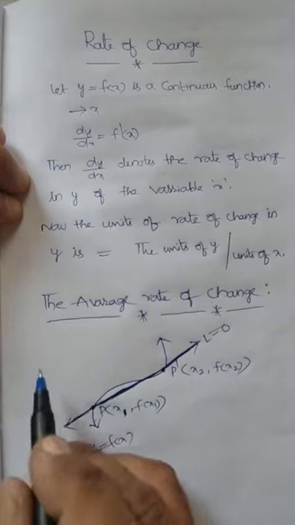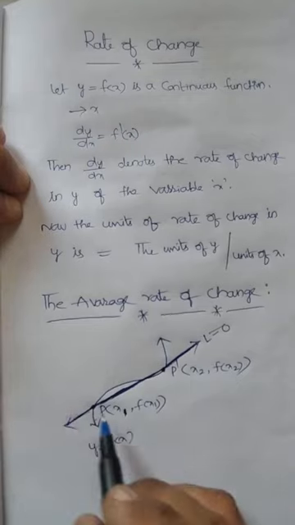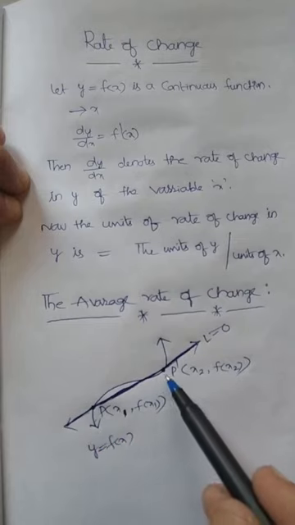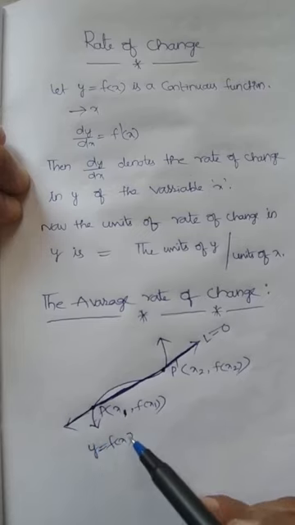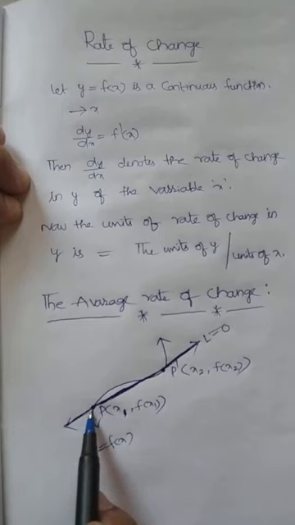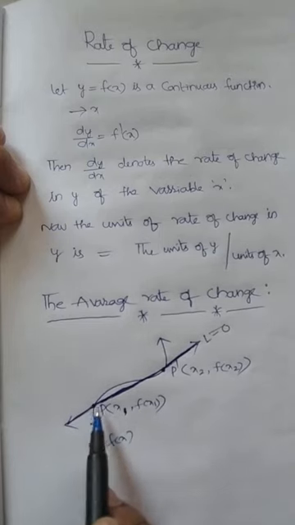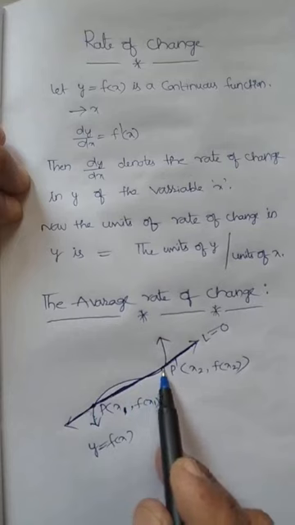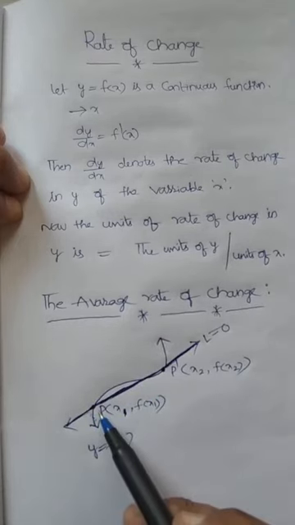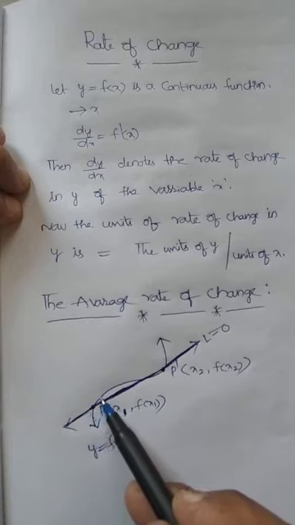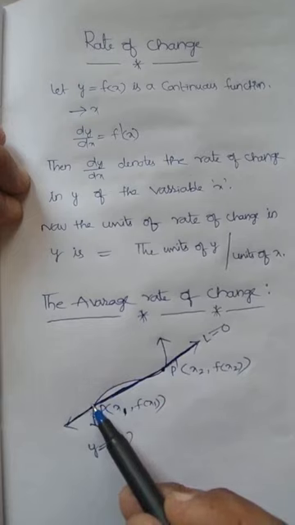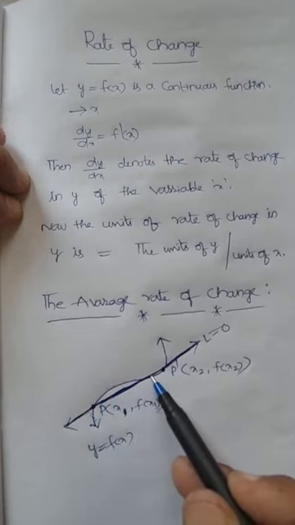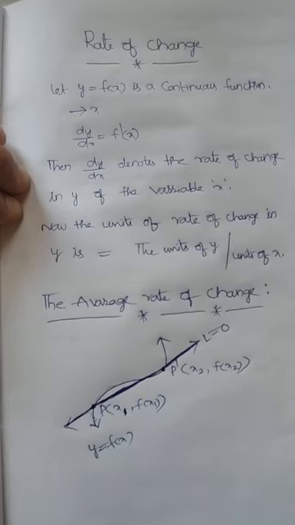So here our function is y equals f of x. So the curve is like this. This is our curve, y equals f of x, isn't it? Now on the curve we have 2 points, P and P dash. I am supposing that the point P is moving on this curve to P dash.